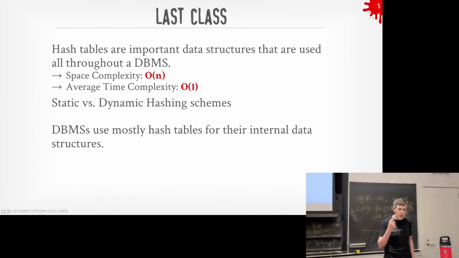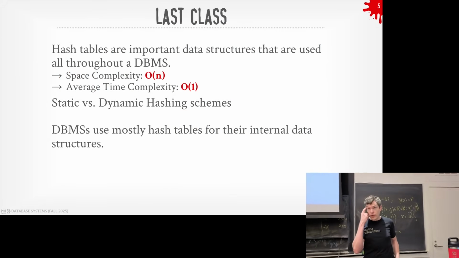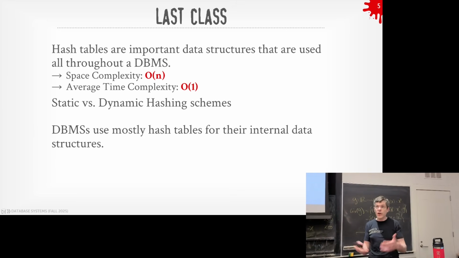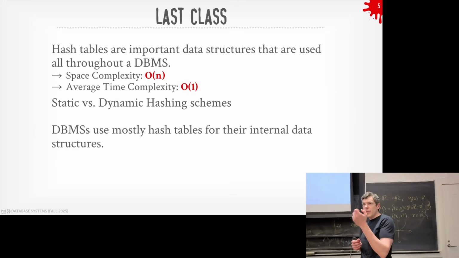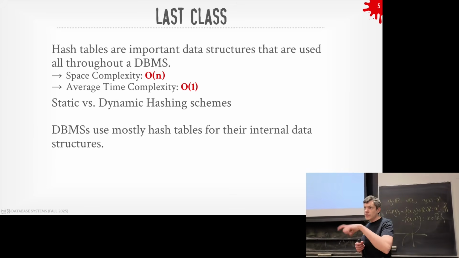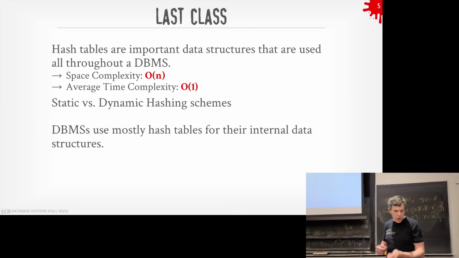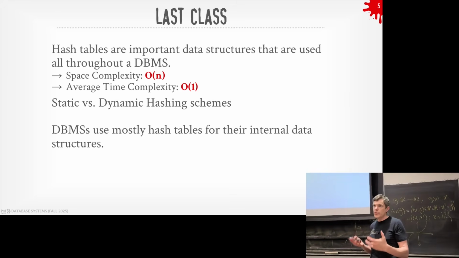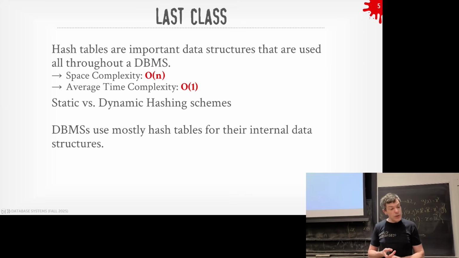Okay. Last class, we were talking about hash tables. We said these are an important data structure you need in your database system to support various functionalities, various parts of the system. We spent a lot of time talking about static hash tables. We kind of rushed at the end on dynamic hash tables, so I'll pick that up again and go over it one more time. Most of the time, these hash tables will be used for internal data structures, like keeping track of your page table and so forth, not so much for indexes, which we'll see mostly are implemented with B+Trees today.